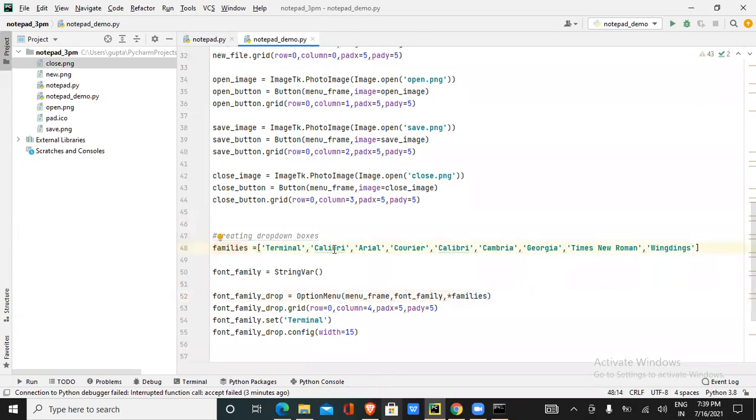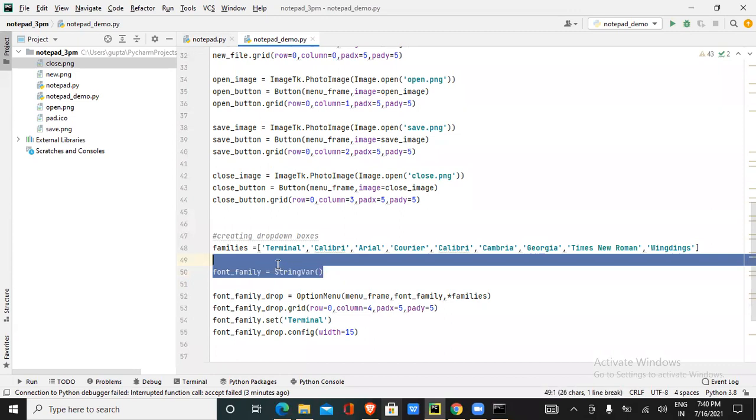Now, this is in which format? String format, integer format, or float format? Yes, the data inside the list, it is in which format? String, right? So whenever you want to read the data in the string format, you need to include this StringVar. It is a data type which we use to read the data in string type. So StringVar is a third-party module.